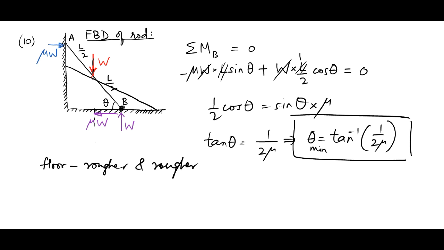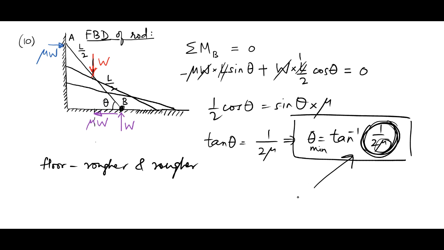So in the next experiment, when the floor becomes even rougher, maybe the rod can go that way. I've been calling this particular rod a ladder sometimes and a rod sometimes, so I don't know why, but I hope you understand what I'm saying. Anyway, as the floor becomes rougher and rougher, the value of theta minimum goes on decreasing. This is from our intuition, and even if you go by the mathematics, you see that as mu increases, the floor becomes rough means mu is going to increase. So this particular positive number goes on